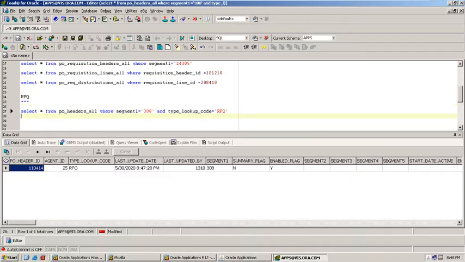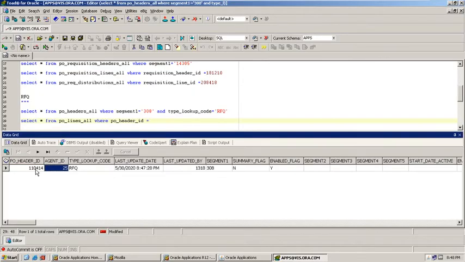Next, the lines details. Select from the PO lines all table, where PO header ID equals this one.